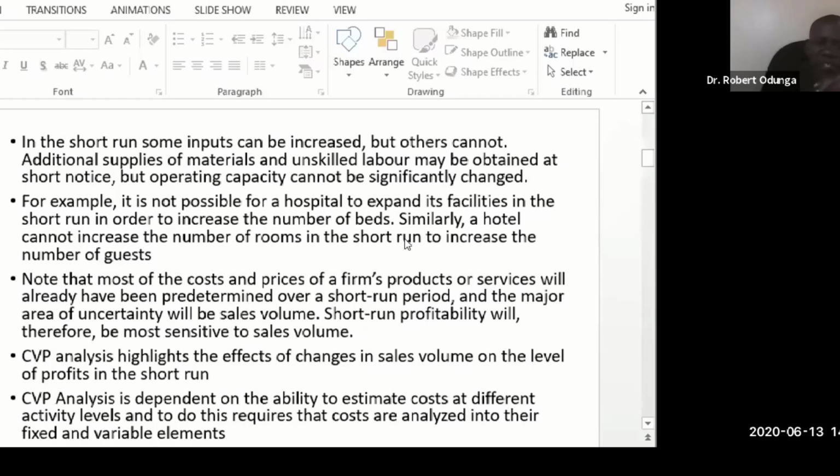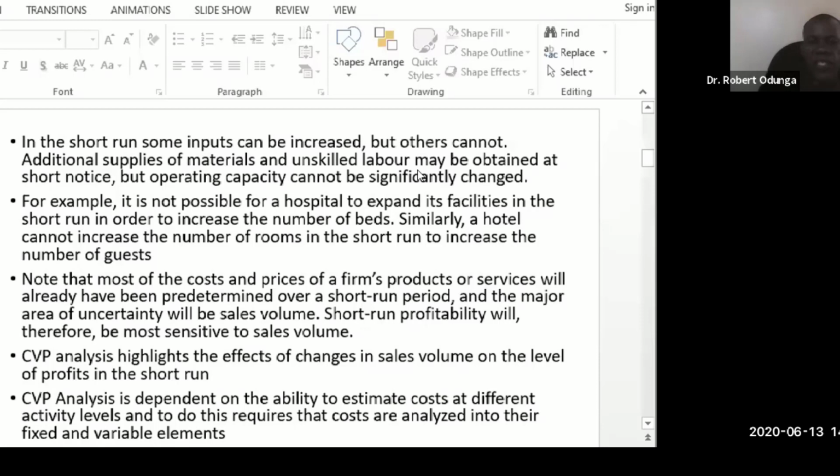Similarly, a hotel cannot increase the number of rooms in the short run to increase the number of guests. So these are examples of circumstances that explain why CVP analysis can only be applied in the short run and not the long run,